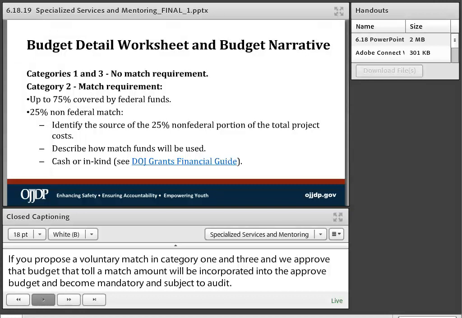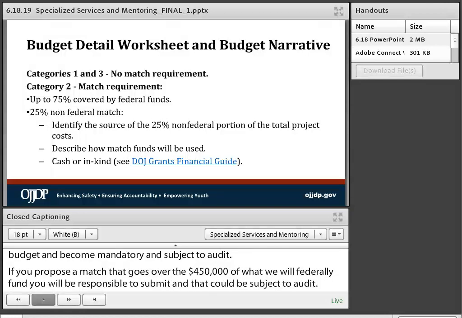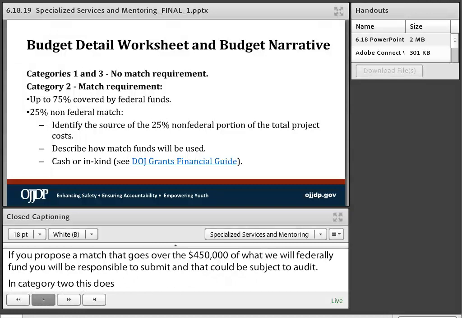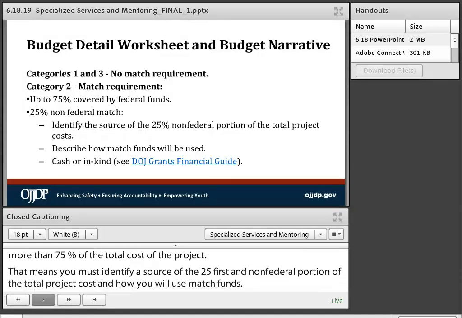In Category 2, this does require a match. So federal funds awarded under this solicitation may not cover more than 75% of the total cost of the project. That means you must identify a source of the 25% non-federal portion of the total project cost and how you will use match funds. So if you go on to DOJ Grants Financial Guide, and there's a link here,